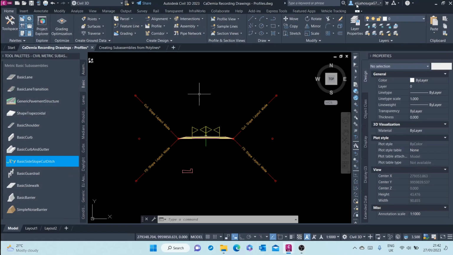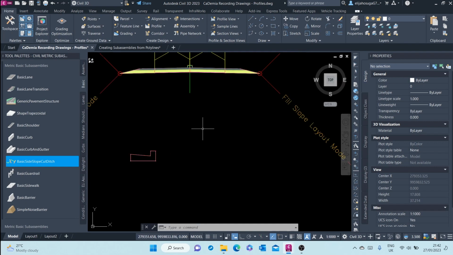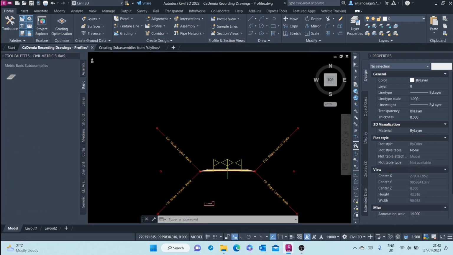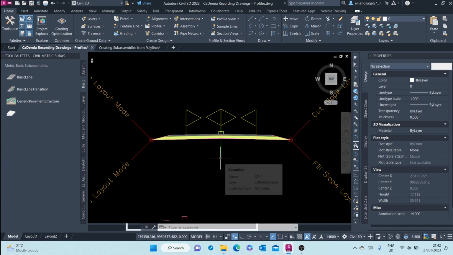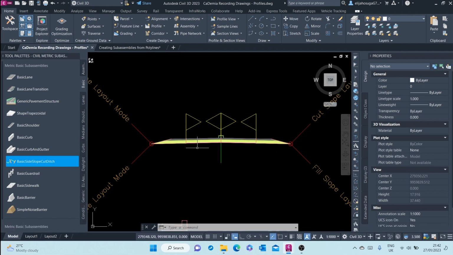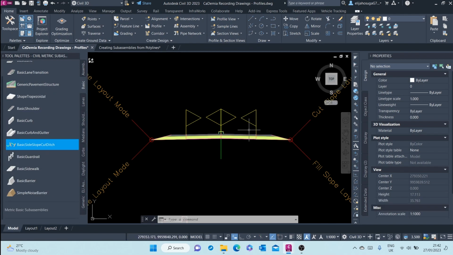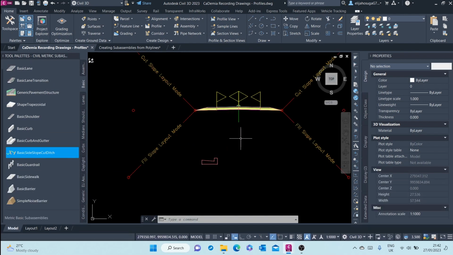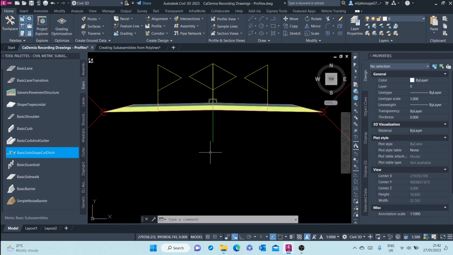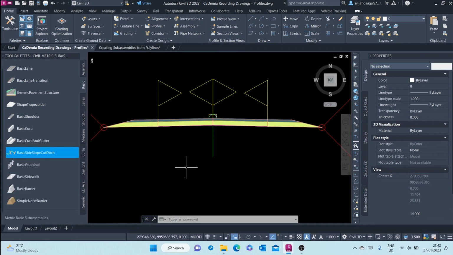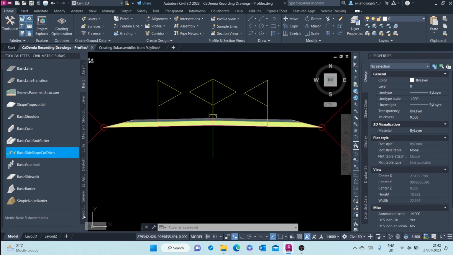Once you've created a good cross-section, you can save it as a whole, as a new subassembly. You can add it to your subassembly collections so that when you're doing a new drawing, you easily find it as a template you created. How to do that? You can create your own